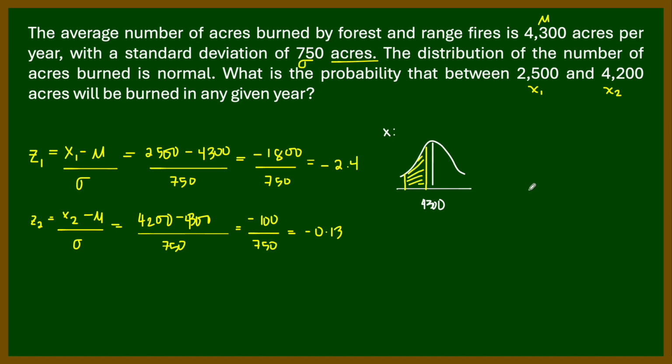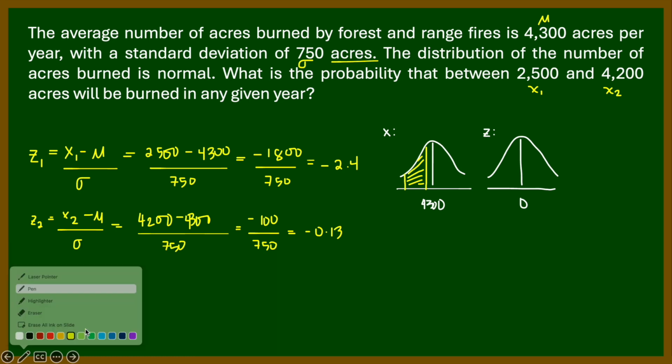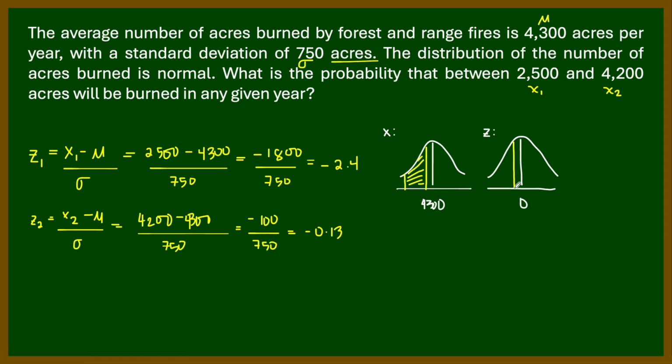And the next thing we have to illustrate is the equivalent version of the normal curve in terms of x, which is z. Since we are referring to z, the average must be 0. And then negative 0.13 is your boundary on this location, and negative 2.4 is the one at the far left, no? Then let's just shade this, class. Now the yellow region must be the desired area, or the desired probability that we are looking for, and